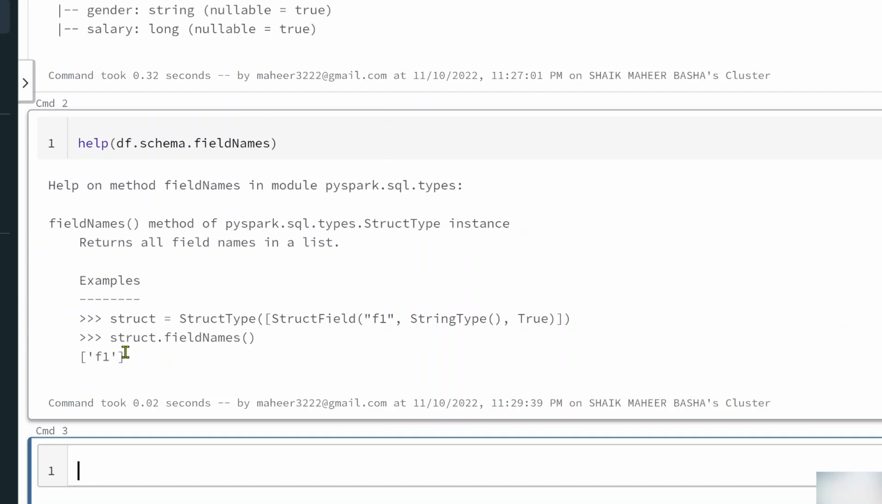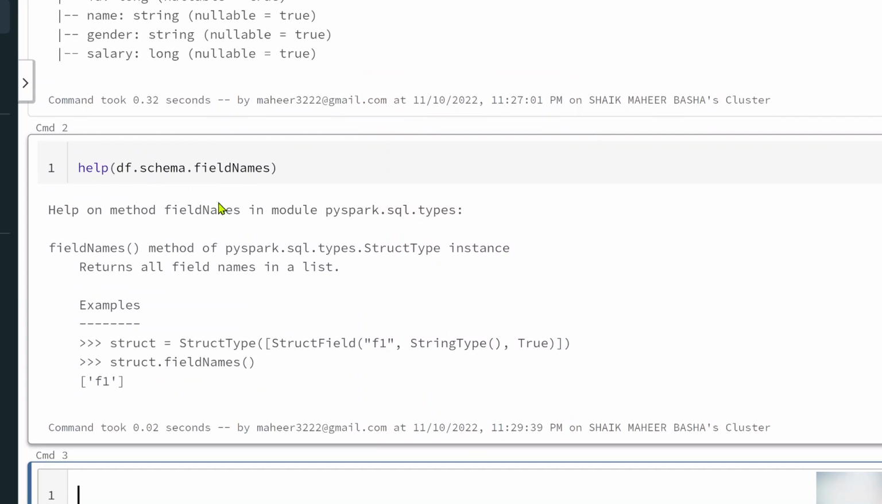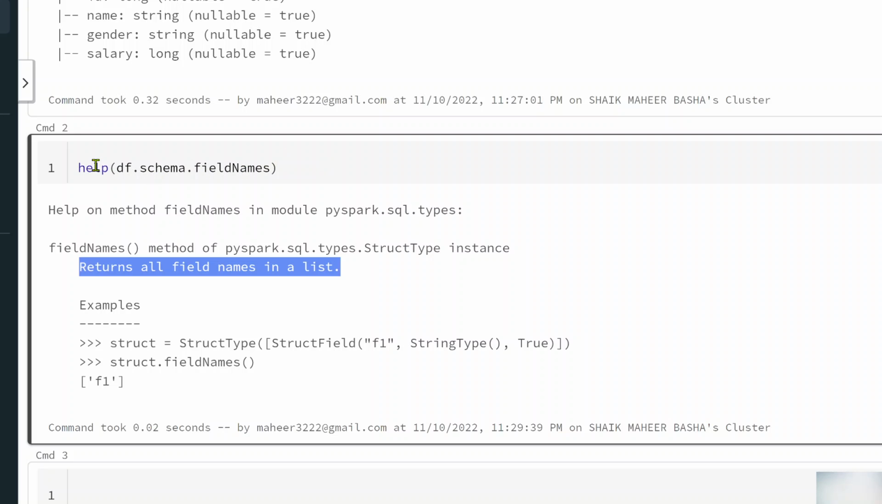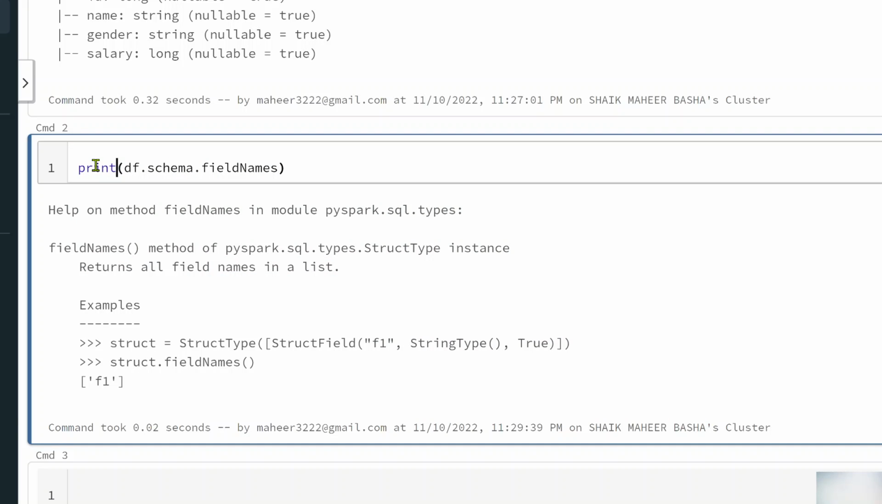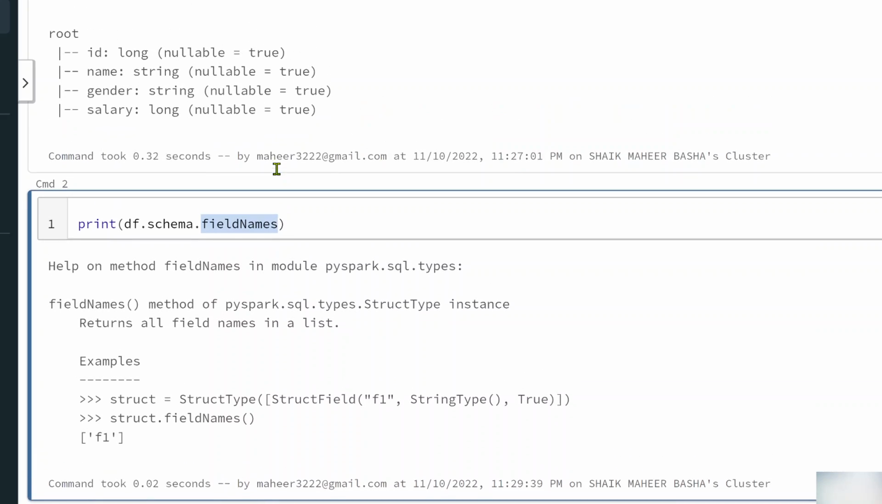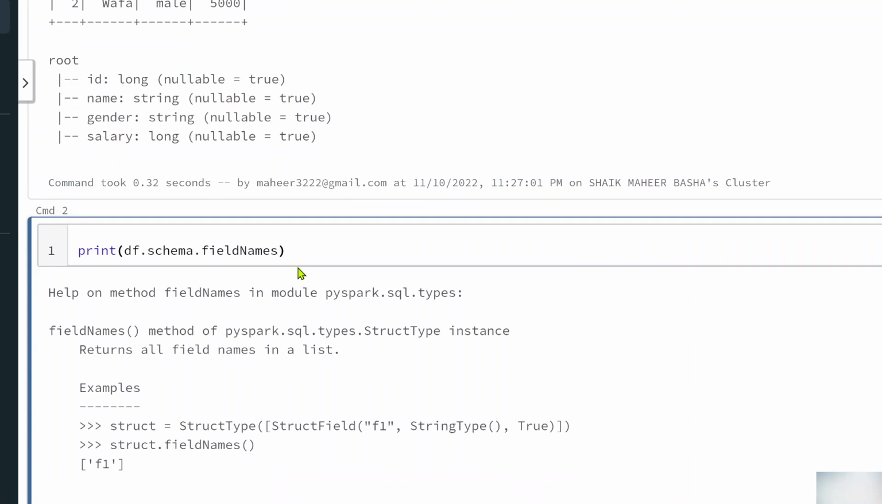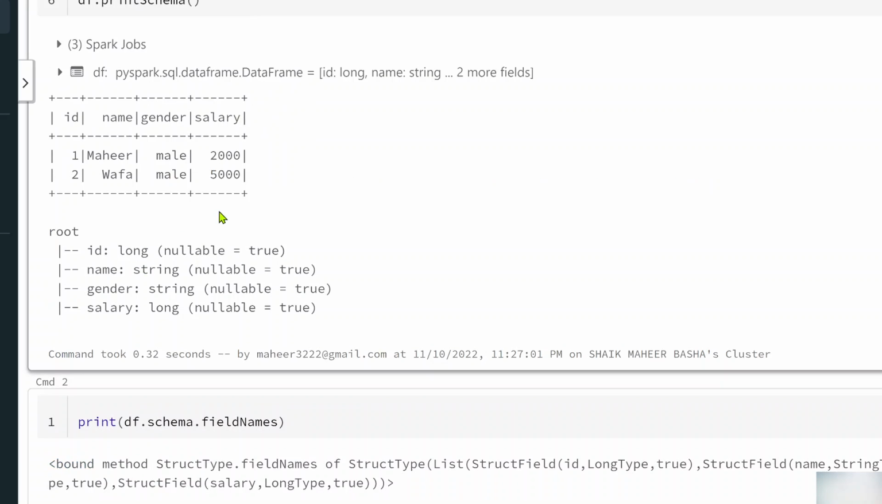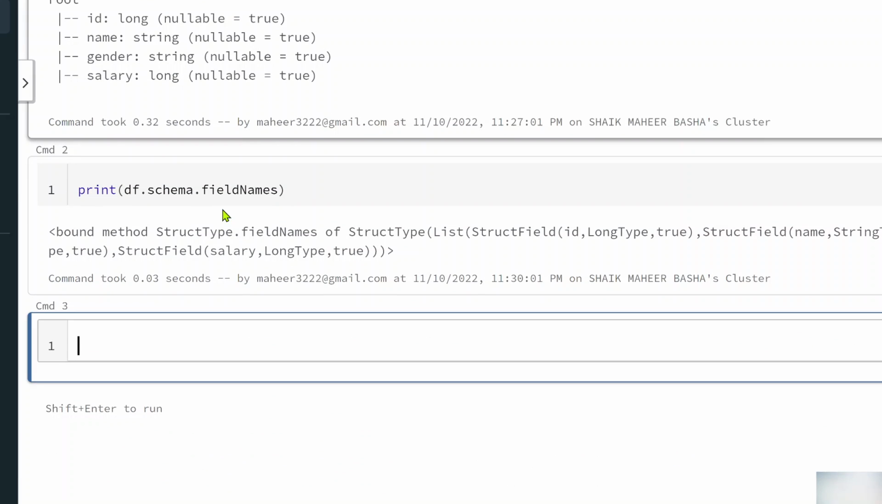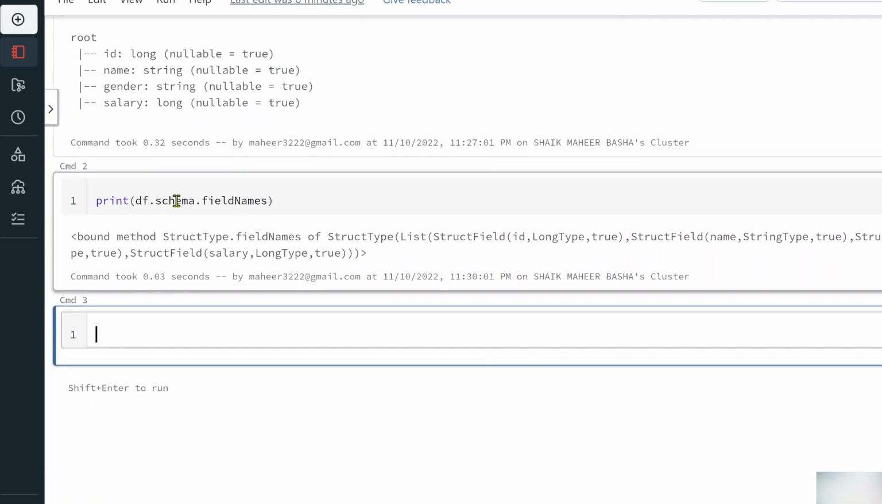Let me hit shift enter to execute that. So the command executed successfully, and it clearly says it returns all the field names in a list. So that means if I simply use print here instead of help, it is going to print all the field names. Field names means these column names. So let me hit shift enter to execute this cell, and now if you closely observe, I will be getting,